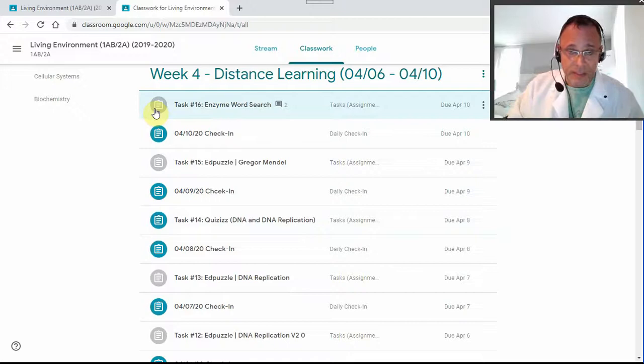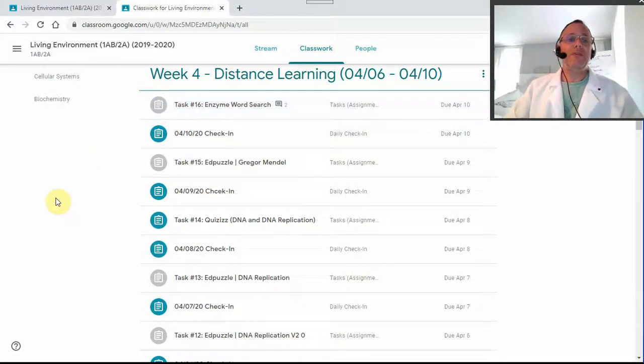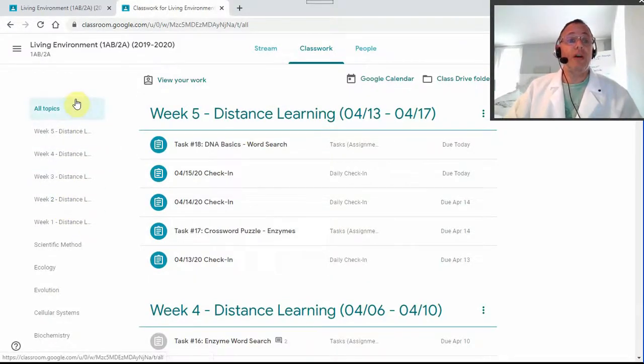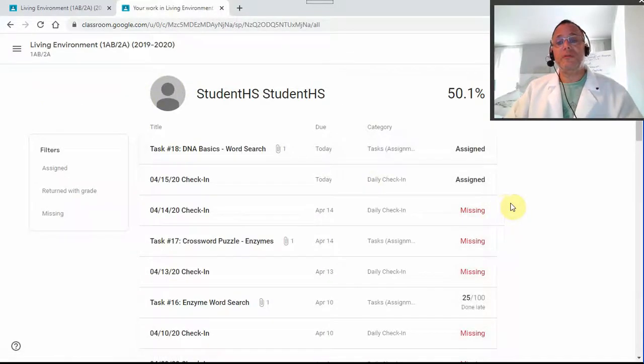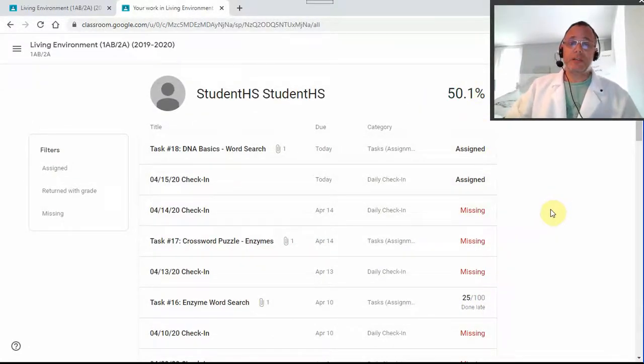Now, what I've been discovering is sometimes students are turning in something without actually doing the work. So, how do you see how successful you were with the work? Go to the view. And what you will see is a list of what's assigned. This is due today, the due dates for the previous work, and the status, if it's missing or not, if it's been scored. What is your average if your teacher has set up a category for each of the type of work that they've been giving? In this case, the averages are 50, but that doesn't mean that they've been doing 50% of the work. In fact, it's only scoring